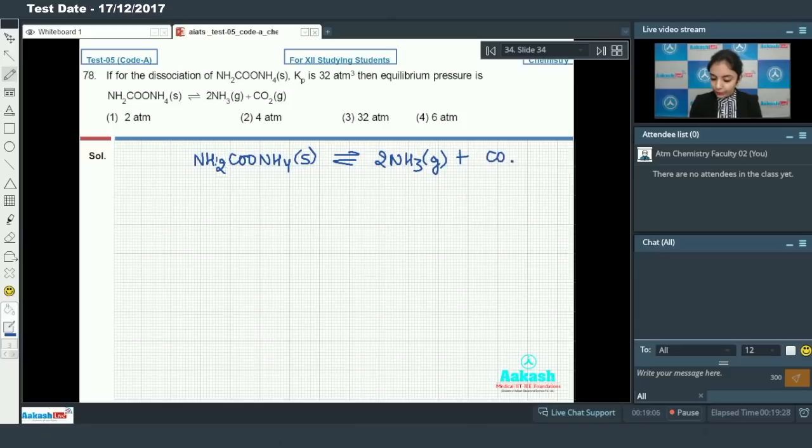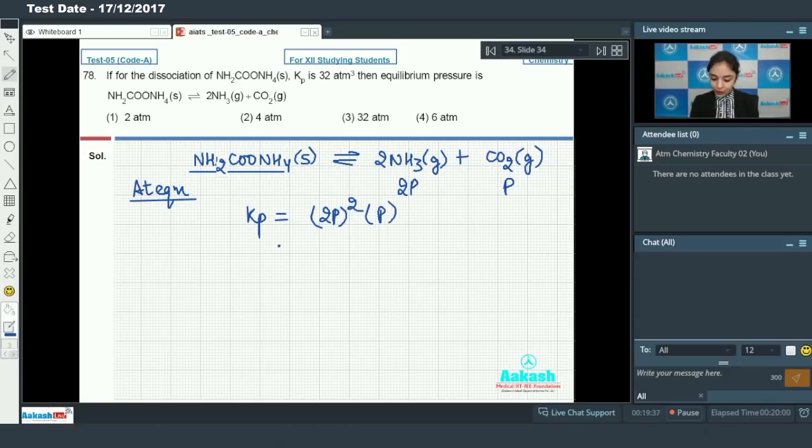So at equilibrium, the total equilibrium pressure will be only due to the ammonia and carbon dioxide, because this is the solid. So we can say that at equilibrium the pressure of ammonia will be 2p and that of CO2 will be p. So we can write the expression for Kp, that is (2p) square, because the coefficient of NH3 is 2, multiplied by p. So here it will be equal to 4p cube, and the value of Kp you have been given,